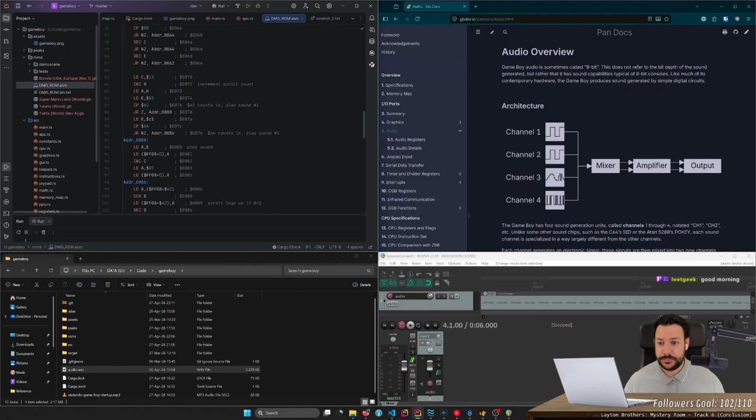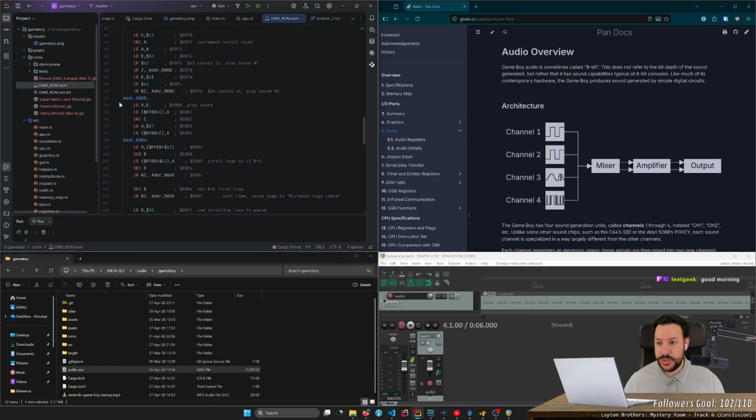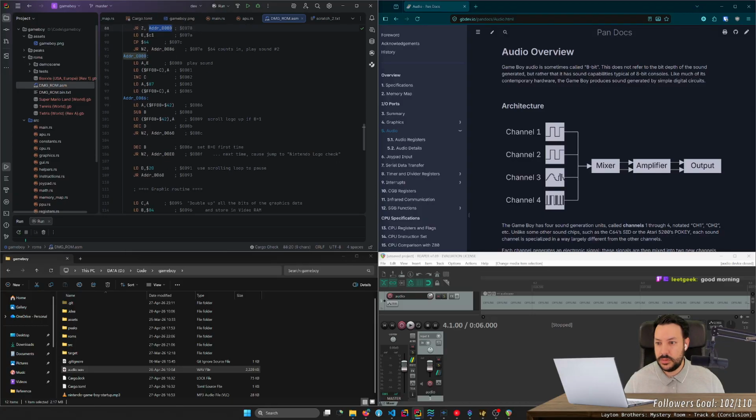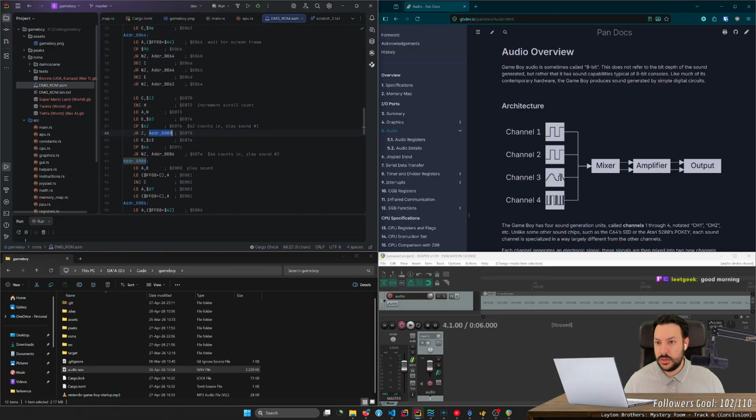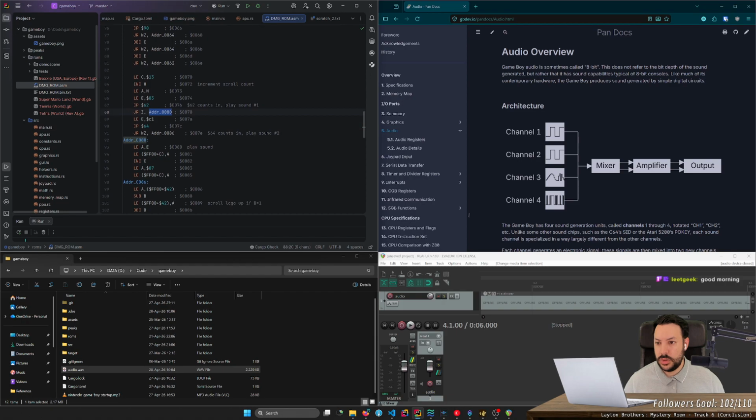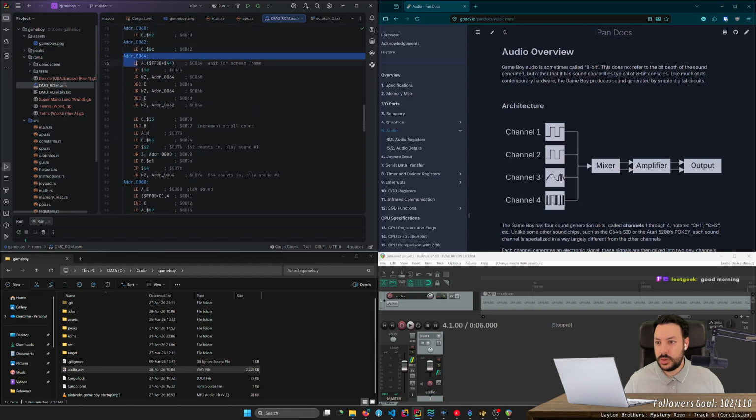Which is this. It first plays the sound at 80. And then it should somehow jump back. 060. No, hold on. Yeah, so it kind of goes on this loop twice.